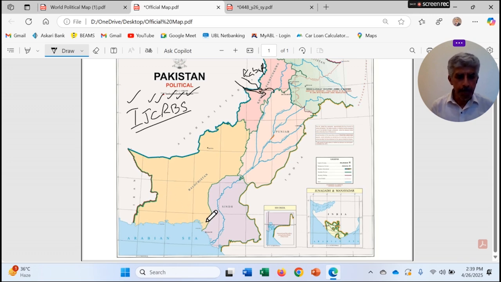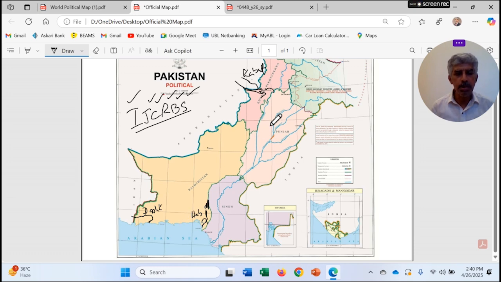And there is another one, river Hab. River Hab is down in south over here and it originates from Kirthar range, Hab range and Pab range and Hala ranges. As you know that these ranges are in this region. So it originates from here and flows southwards and falls into the Arabian Sea. So this is Hab river. It passes through the Lasbela plains. This region is known as Lasbela plains. And the next one, that is river Dasht. It enters Pakistan from the Iranian side and finally it falls into the Arabian Sea like this. So this is the Dasht river.